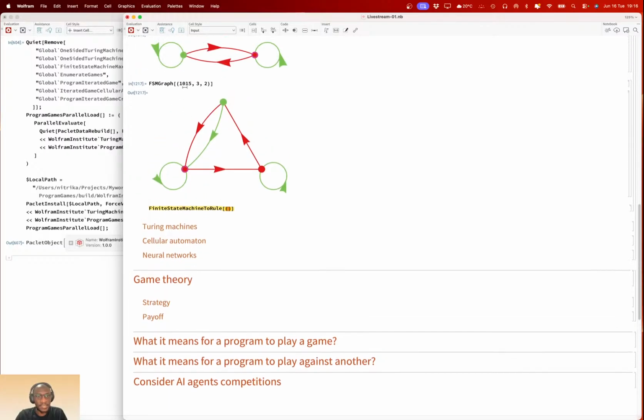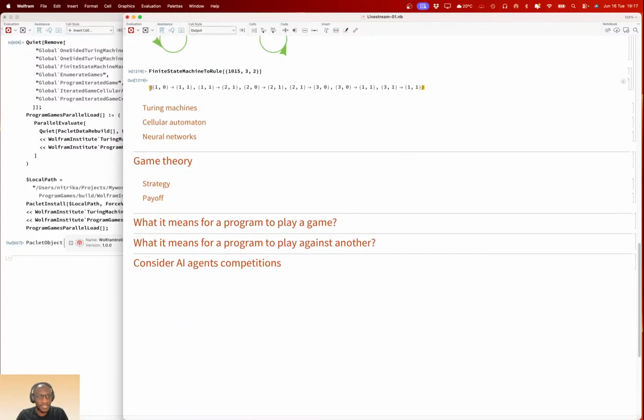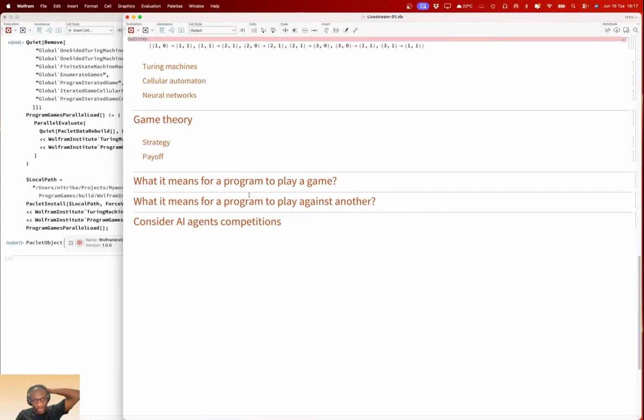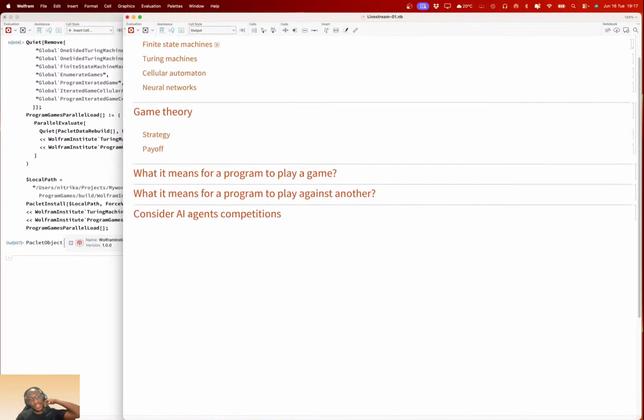Let's say we convert this finite state machine to rows, and we get a simple rule that represents the finite state machine. This is what the machine does. If you wanted to program it or use it as a program, you wouldn't use the graph to represent it. You would use this simple example. So that's a finite state machine.